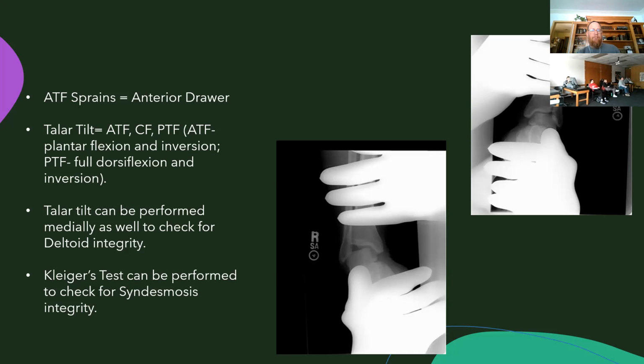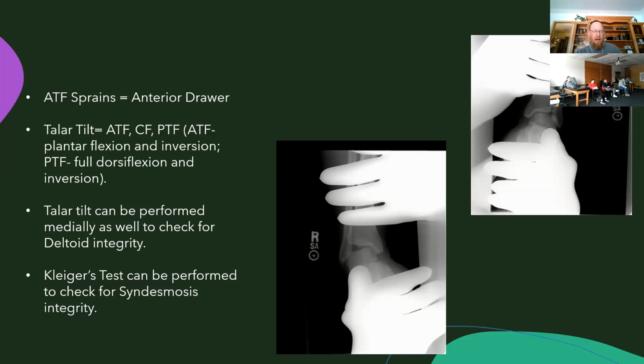Plantar flexion. Yeah. Okay. What about just for the CF? Neutral. Bingo. Okay. PTF. Full dorsiflexion. Yep. Okay. Cool. Very nice. Okay. Now, so obviously we use the Taylor tilt, and that can also be done medially to check